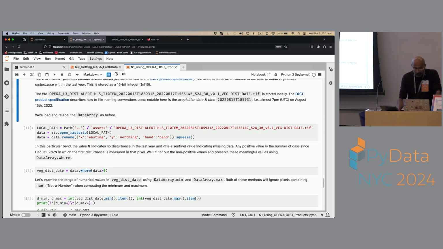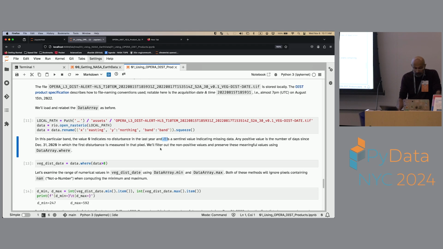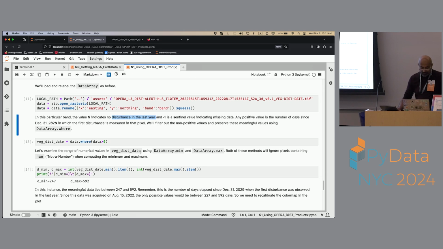Anyway, what is this? This is stored as integer data. -1 is a Sentinel value for missing data. Any positive value is the number of days since December 31st, 2020, in which the first disturbance is measured in that pixel. And I think it's also within the last year. No disturbance in the last year. So I think this measurement was taken on August 15th,